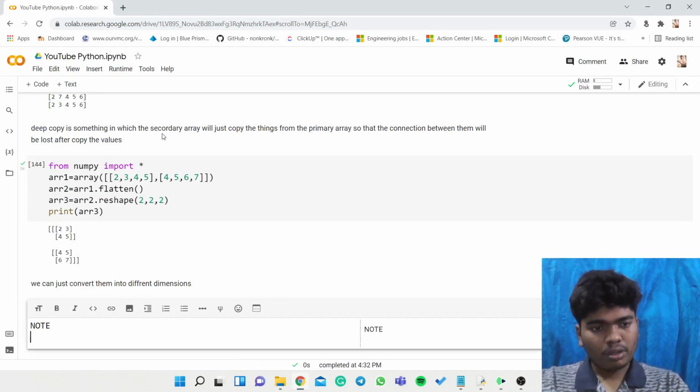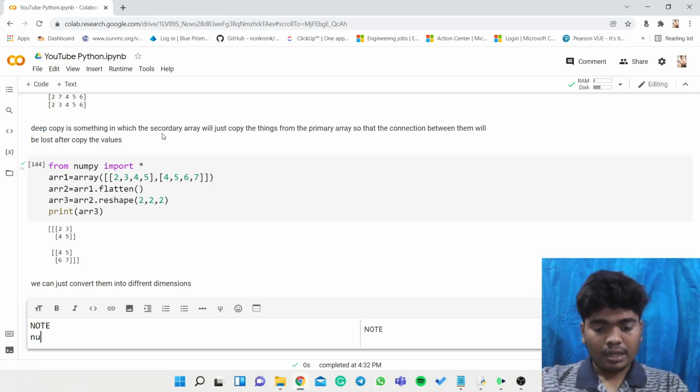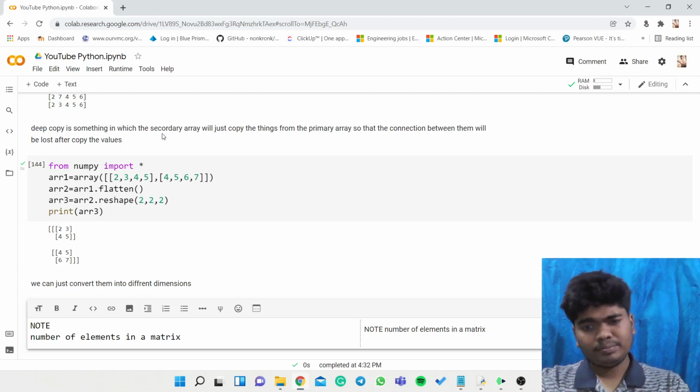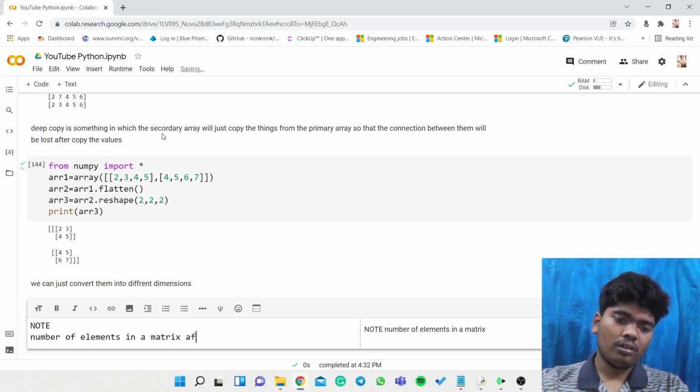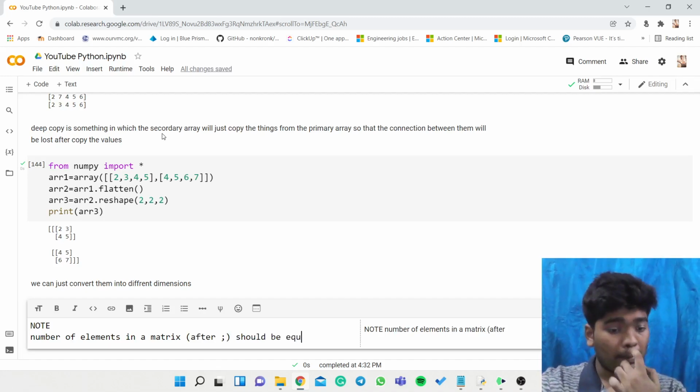Note: we need to make sure that the number of elements in each row, after keeping the semicolon, should be equal.